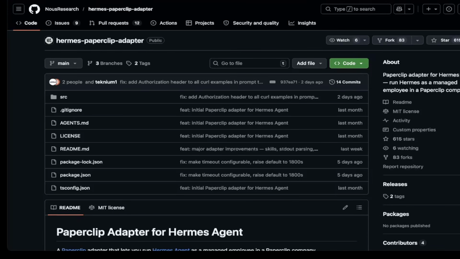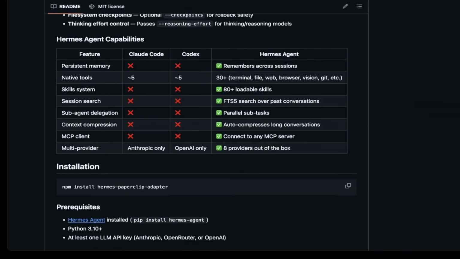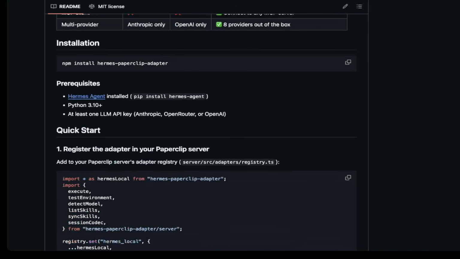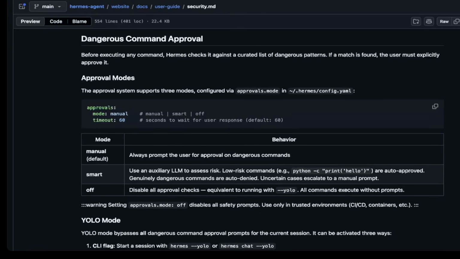So once you install the Hermes, then you have to install the Hermes PaperClip adapter. The only thing you have to do is just run npm install hermes-paperclip-adapter. Once that's ready, one more thing to do is to configure the Hermes to allow the actions inside the Hermes PaperClip adapter, which I didn't mention anything about here. But if you go to the Hermes Agent open source repo, there's